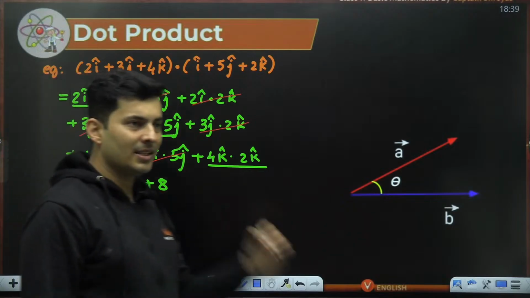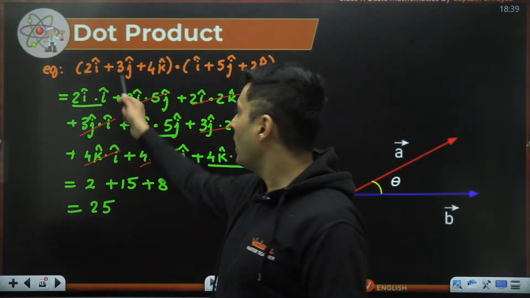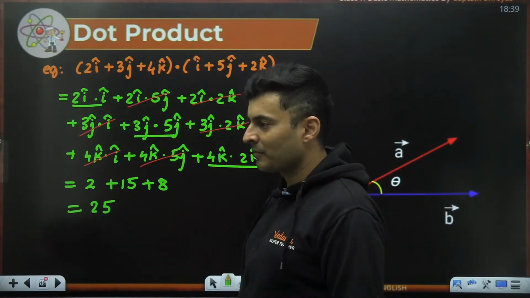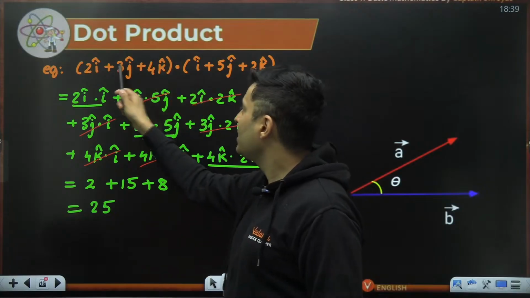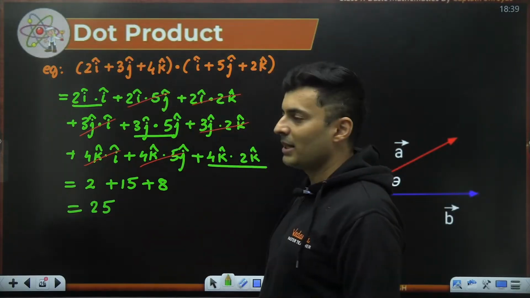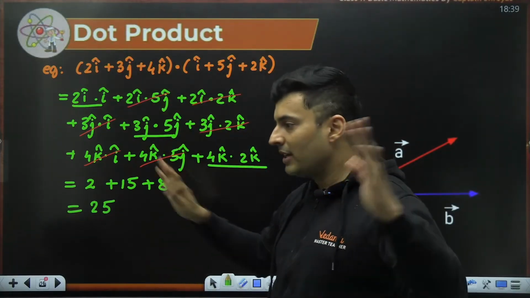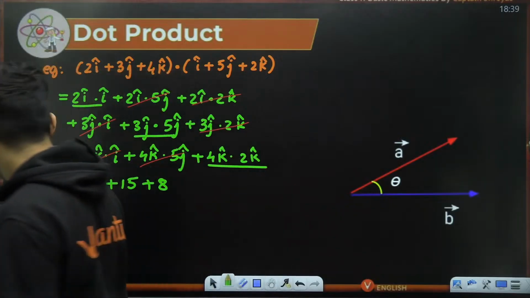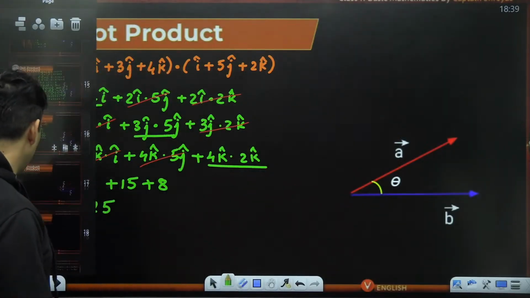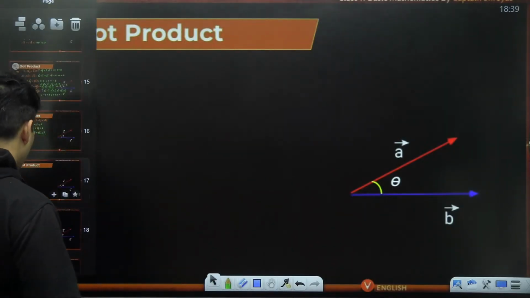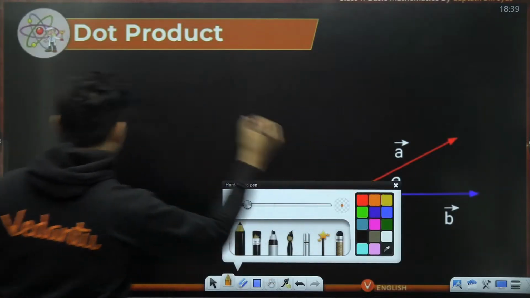What is that interesting thing that you saw? Whenever you have a big term like this, i will go with i, j will multiply with j, k will multiply with k. Anything else will be 0. Correct. So if tomorrow you are getting a question like this, listen,